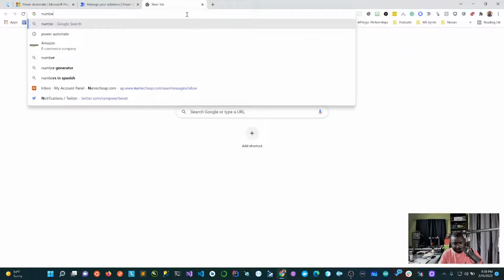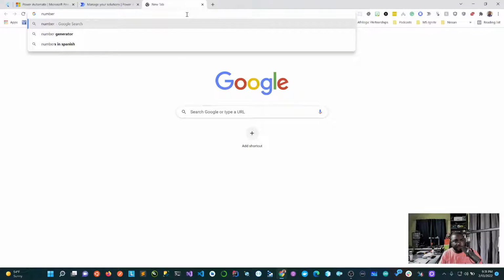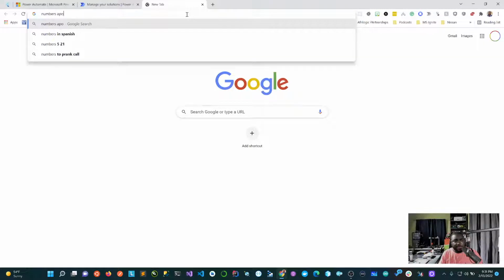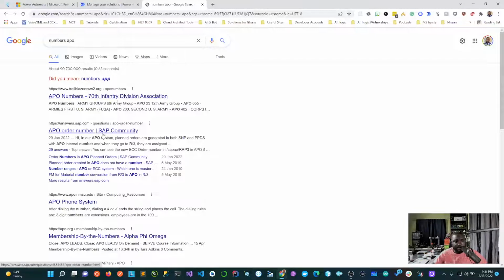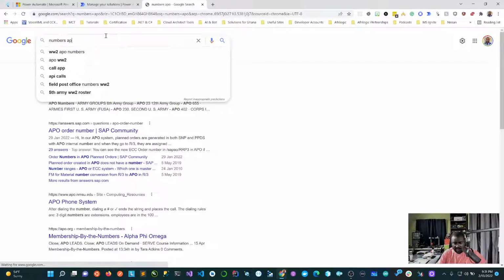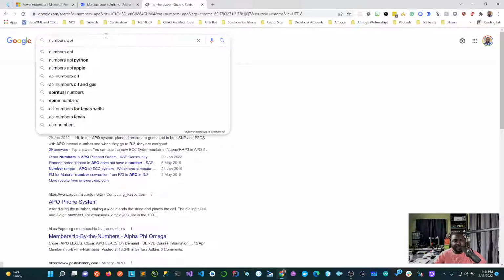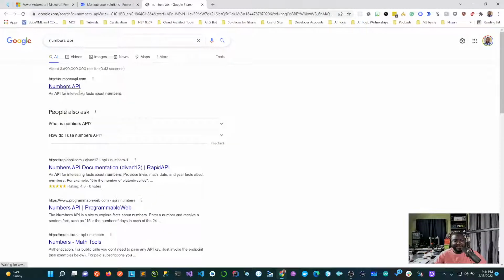Now we're going to try to create a simple recurring flow. All right. So let's go and look at this. The numbers API. So those who know me realize that this API is something that I love a lot. It's a very cool site.